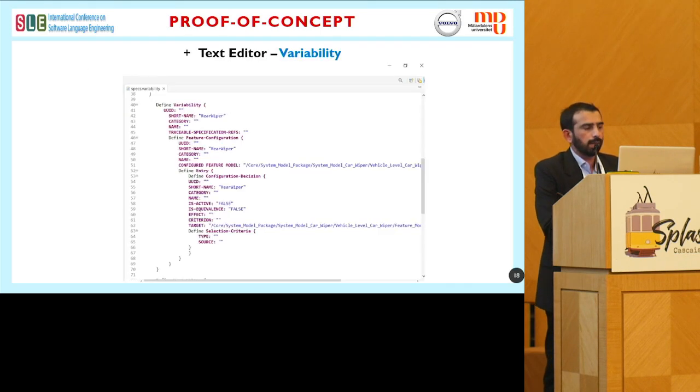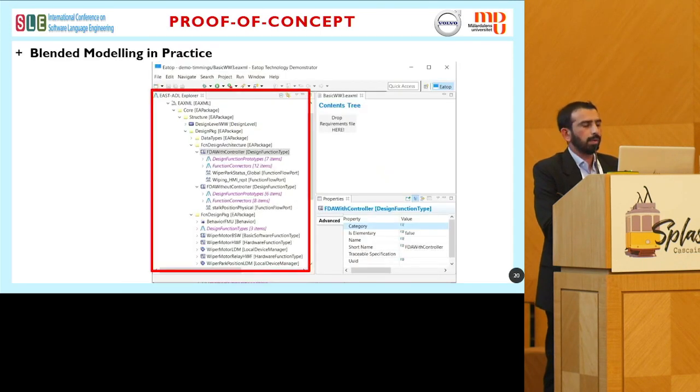Basically, the EATOP is represented here as a tree editor. We have plugins for the graphical, and these are converted into the graphical notation. The point is we are basically using the metamodels and the abstract syntax, and this is also based on the abstract syntax. The tree editor is easier than dealing with the actual graphics. So that's a key area.